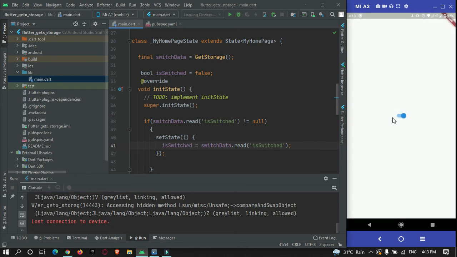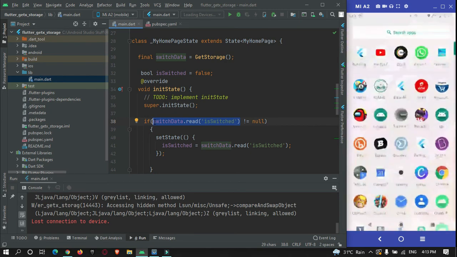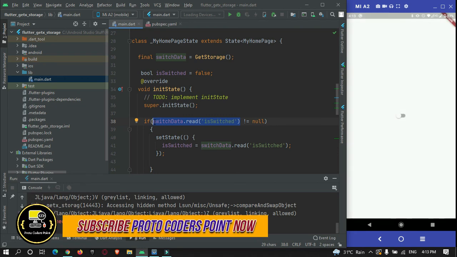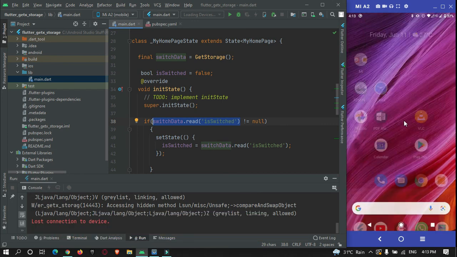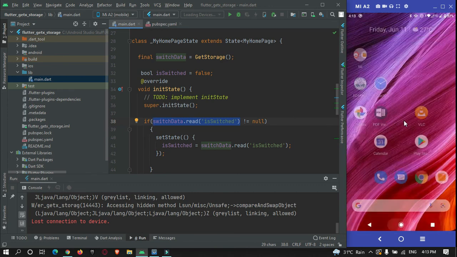You can see that the switch is still on by making use of this data. Now I will turn it off, close the app, and reopen it. You can see now that the switch button is off. If I turn it on again and reopen our app again,